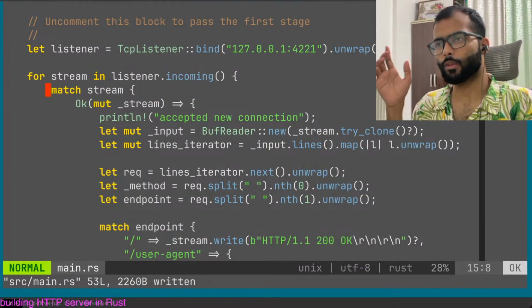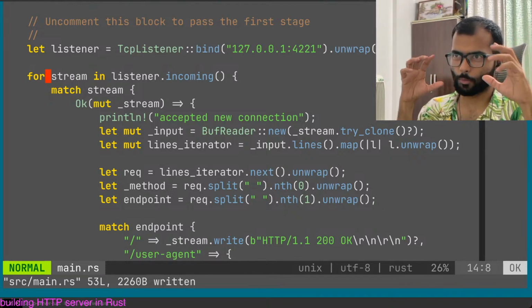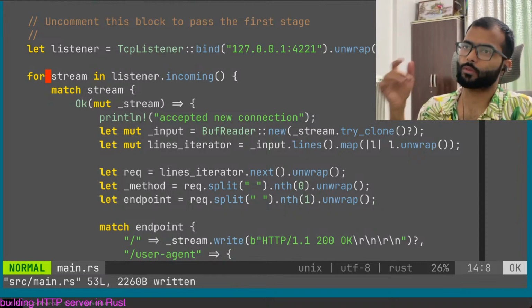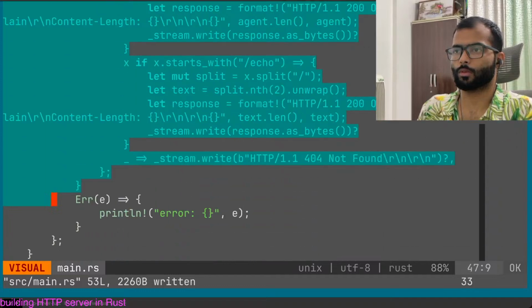No. Is every stream different? So whenever they're trying to connect, will that be different? Yeah, that will be a different stream, right? Different stream. So this needs to go inside